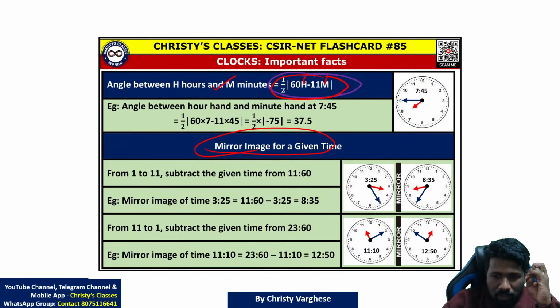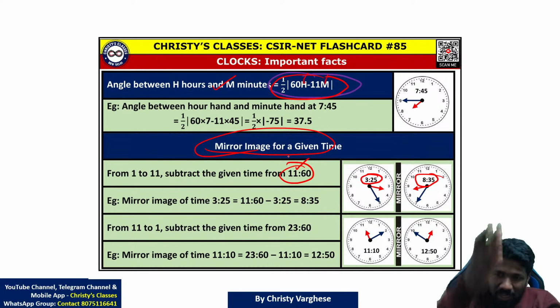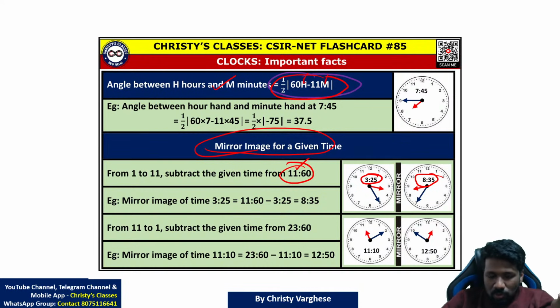To find mirror image time, for example 3:25 का mirror image time 8:35 है, कैसा मिला? 11:60 से subtract करना है. 11:60 means 60 minutes after 11, which is 12 o'clock. 12 o'clock is the line of symmetry. So 12 o'clock से subtract करना है, but 12:00 से 25 subtract करना confusing होगा, इसलिए 12 को 11:60 लिख